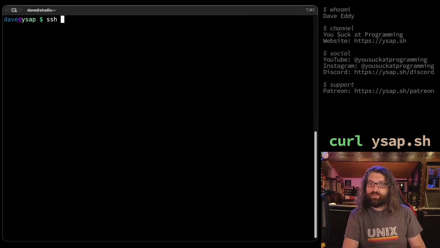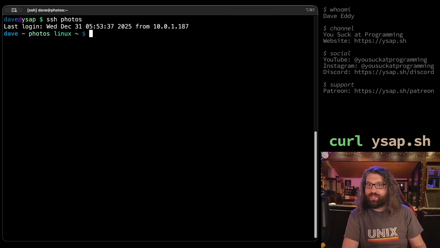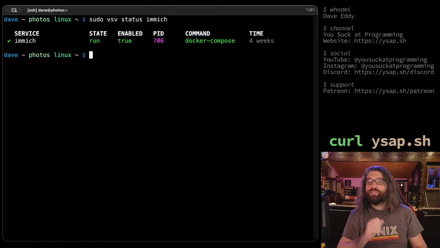I'm going to SSH into a different machine. I'm going to SSH into another Void Linux machine I have, one that I know is vulnerable. Photos is just the name of a machine that I have. It's my server that hosts my own photos, so I can back them up off my phone using Immich, shout out Immich. So this machine, we haven't actually run that Python script,